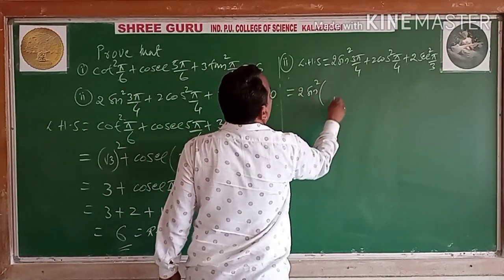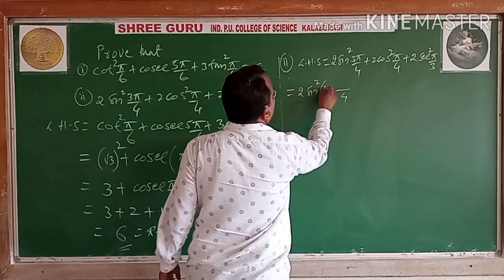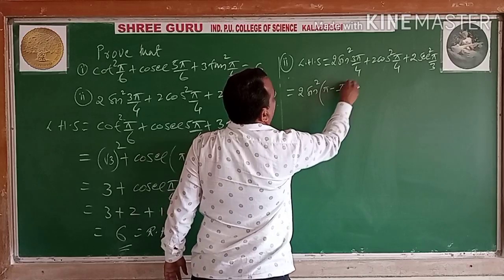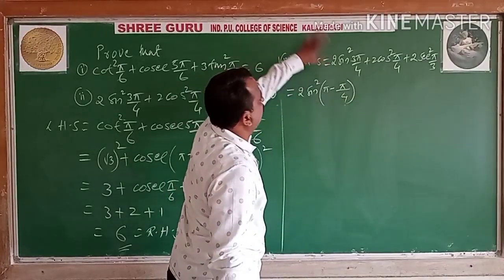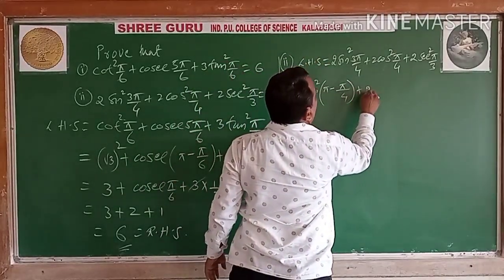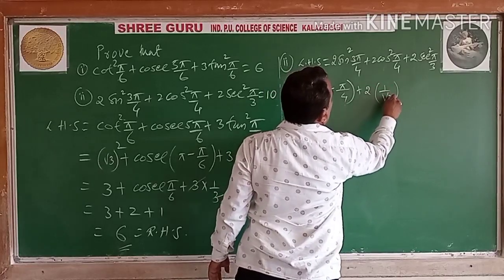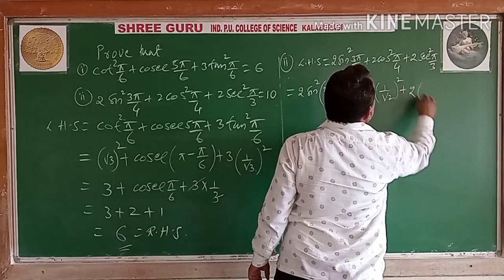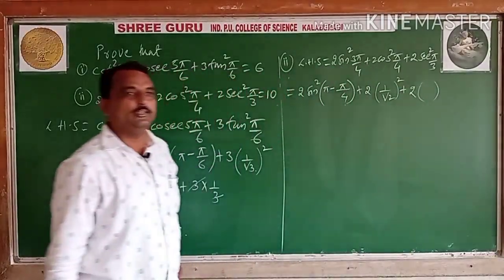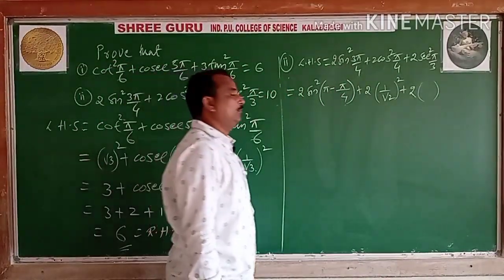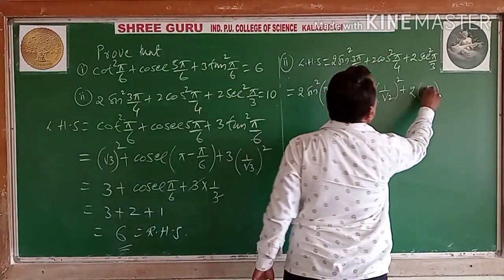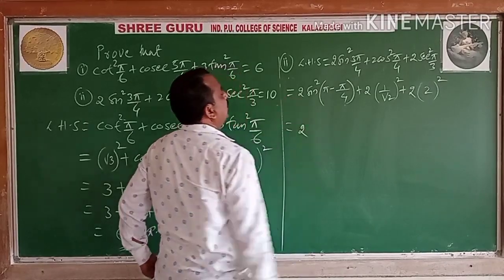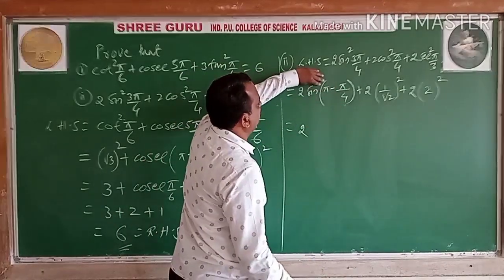Sine square 4 here. Here pi you should take 1 pi, 4 pi minus 3 pi, 1. Square, cube, whatever it may be, the power. This is a standard 1 by root 2, square of this one. This is also standard, sec pi by 3. You see the value of cos pi by 3. Pi by 3 means 60. Cos 60, 1 by 2. Sec reciprocal, 2 it is. Square of that one.